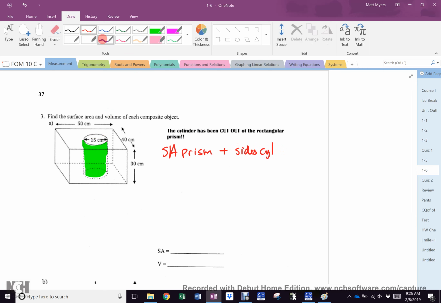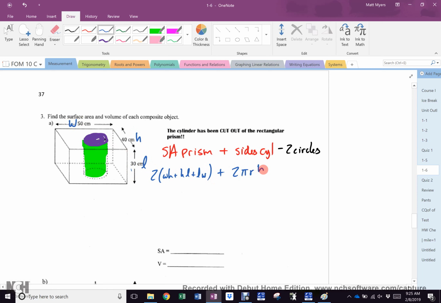But I got to subtract 2 circles. Then I just fill it in. Surface area of prism is 2 WH, HL, LW. Where do I get the WH, HL, and LW? From right here. Who names them? You do. If I make that W, that H, and that L, I just fill it in. Plus, the sides of a cylinder is